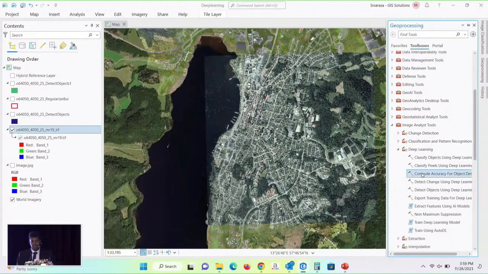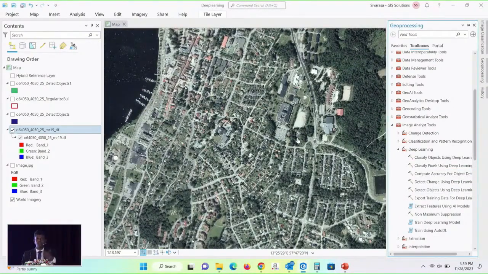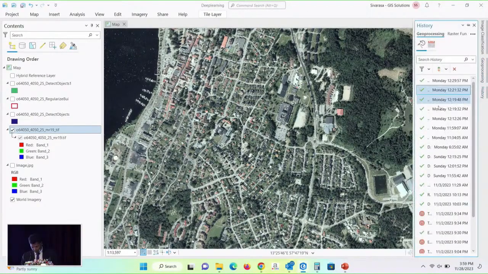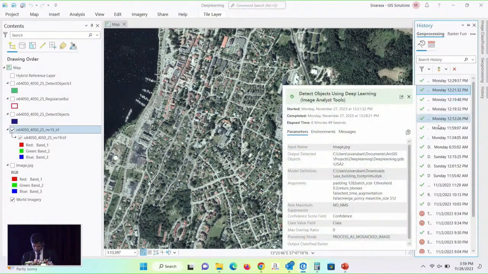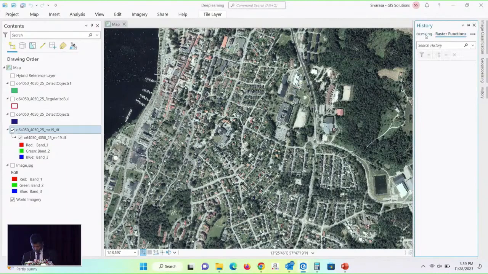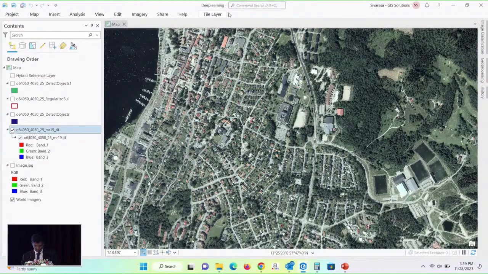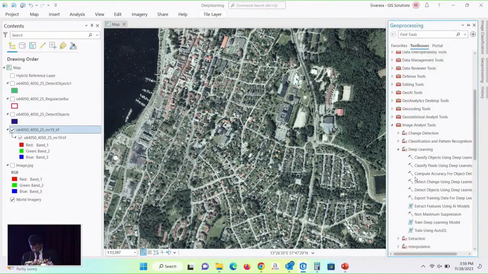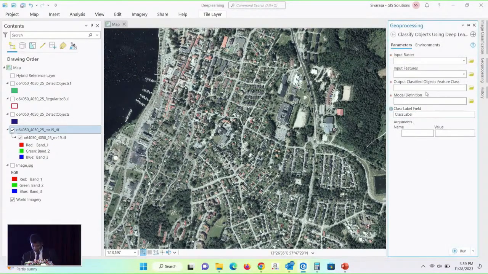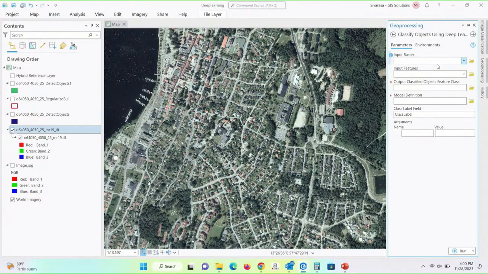So here, these are the tools I'm going to use to get this building footprint now. So you can apply this one for several other purposes, whatever real requirements you have. So here you can input, the input parameter is your high resolution image, and here you can give that model you have prepared by using that training samples. So you can apply that one and give some parameters and run.